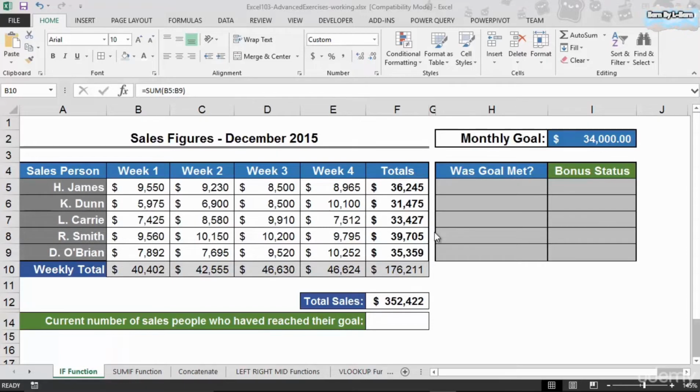Inside this example file, I've got some totals here. These are the totals for the 4 weeks of December 2015 for these 5 different salespeople. And what I'd like to know is whether or not these salespeople's totals met the monthly goal. Was the goal met? Well, I want to compare these individual totals against this monthly goal total. That's an IF. Well, was the goal met? If it's true, 36,000, that's greater than 34,000, so they met the goal,